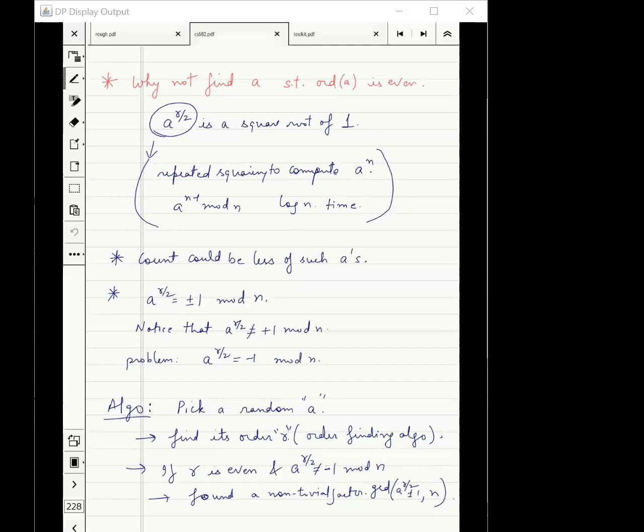Okay, very good point. So what do I mean by pick a random A? How are you going to pick a random A? Can you pick a random A in Zn star? We will first check GCD. Right. So this is another thing which you have to be careful of. I have written that pick a random A, find its order in r. Now when I say pick a random A, does it mean I am picking a random A in Zn star? Or I am picking A which is...